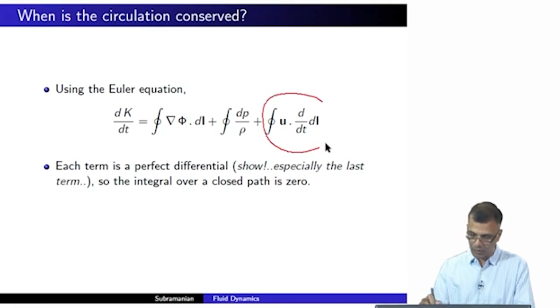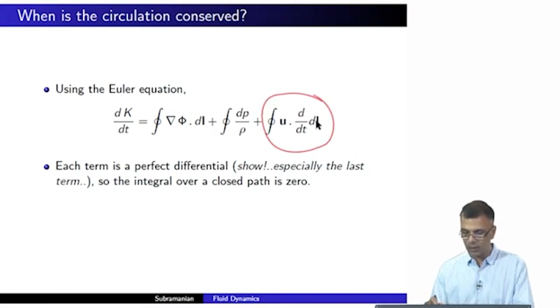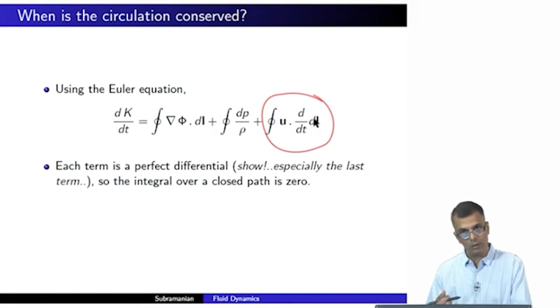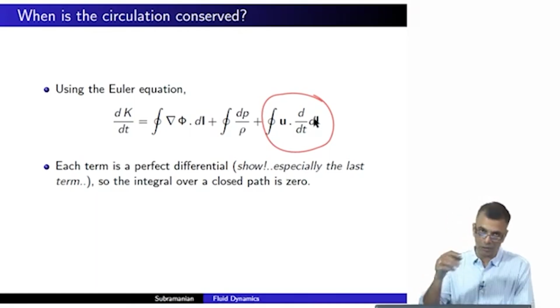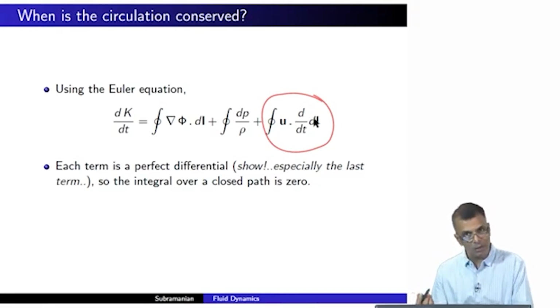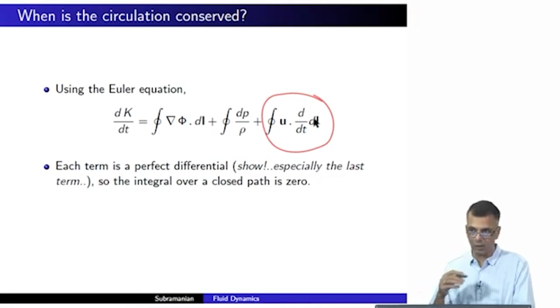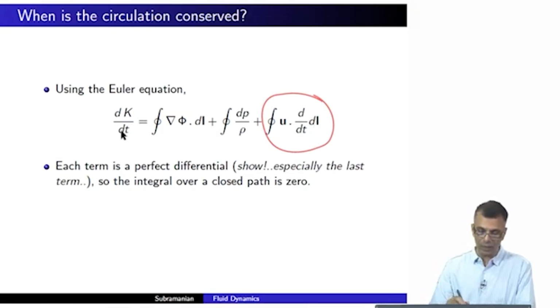Why is that? d over dt of dl is u, right? So it's a half u squared. Therefore the integral of any perfect differential along a closed path is 0. That's the whole point of a perfect differential: you integrate it around a closed path, and the integration is 0,